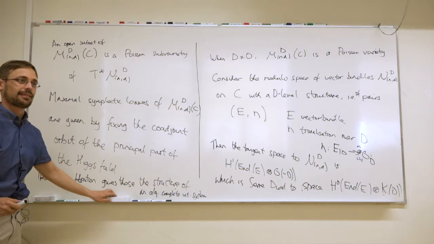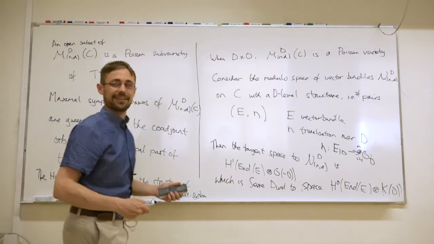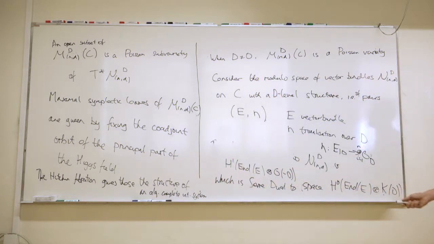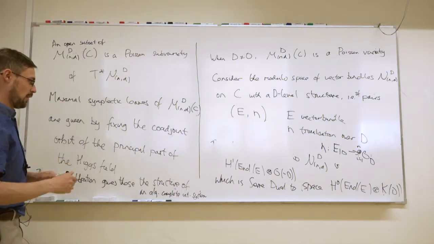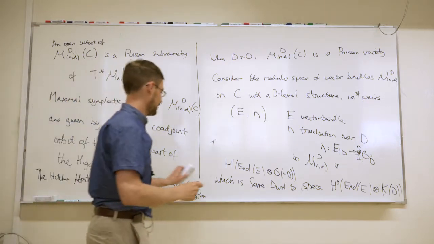Right, so I guess, yes, go ahead. What do you mean by the principal part of it? So, perhaps it's good to do an example and then we can see what we mean. Well, what do I mean? It's easy if D is reduced, right? Unfortunately, that's perhaps an example that I will do now. So if your divisor is reduced, it's just the sum of points, then what I'm trying to fix here is exactly the